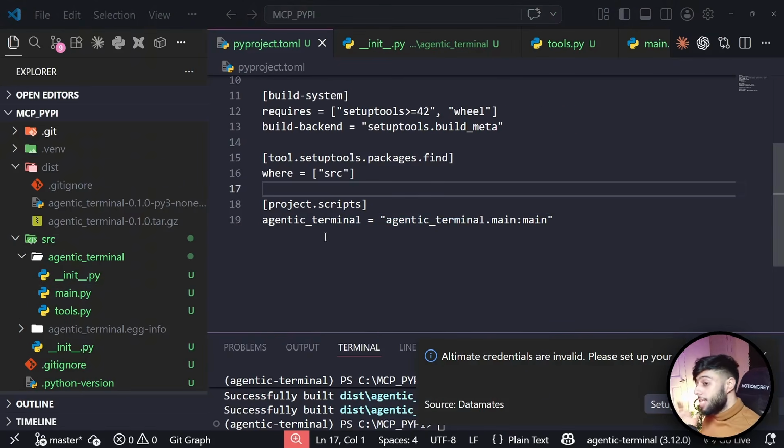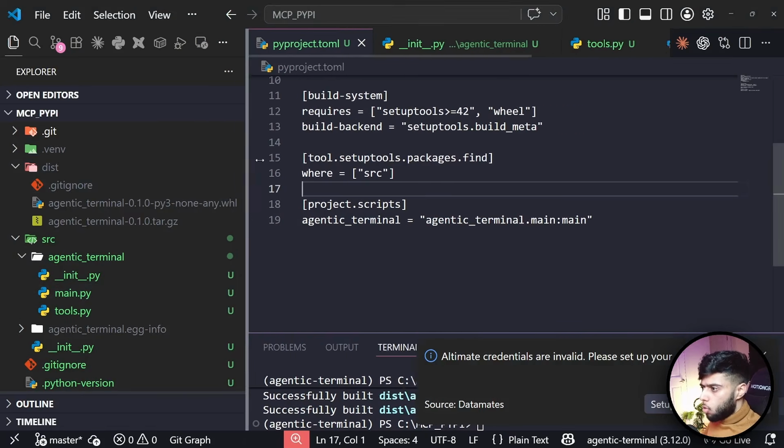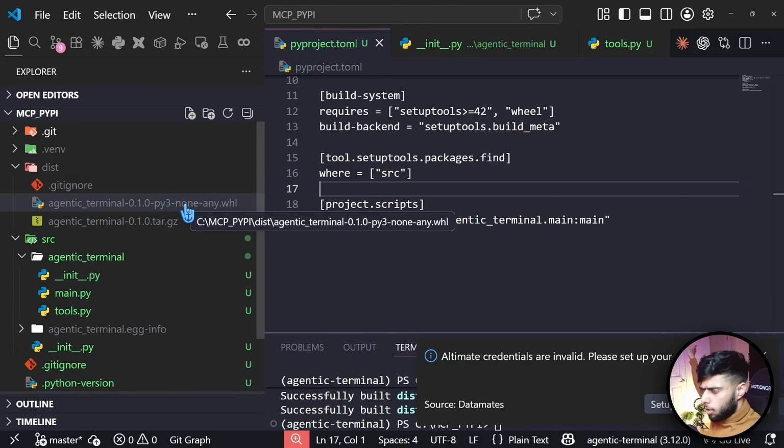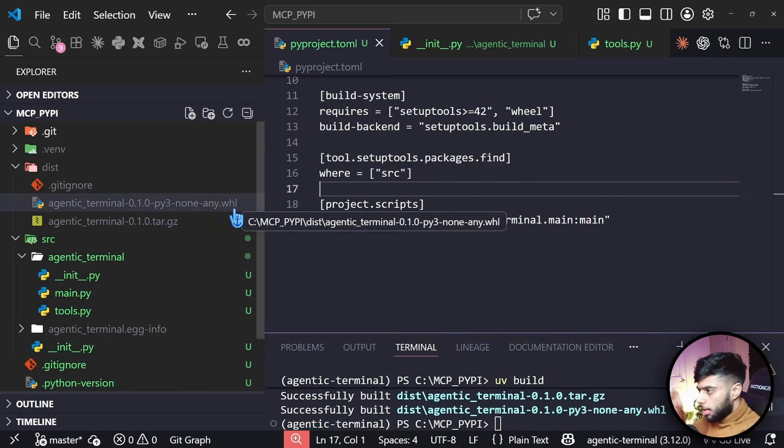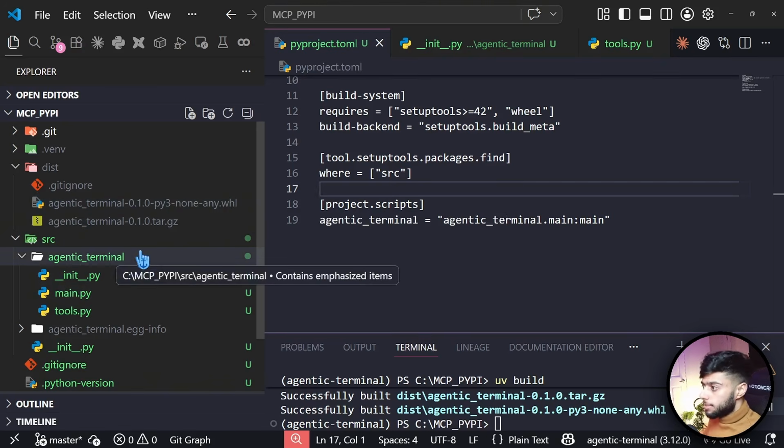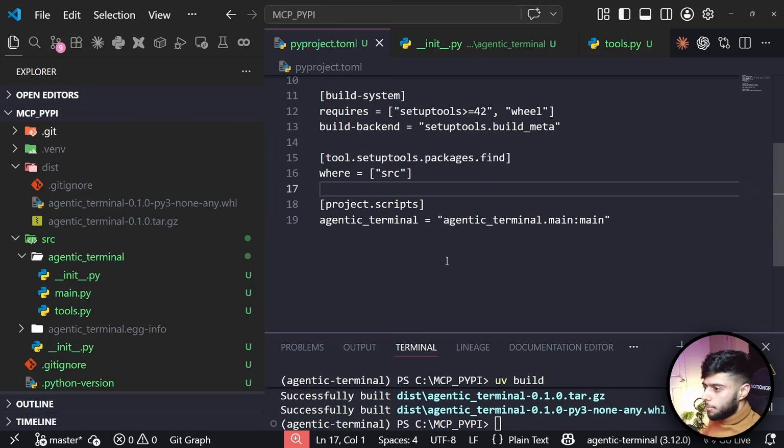And if you just want to check what you actually have, you can copy this .whl file into any other folder. Just rename this wheel, remove .whl and change it to .zip, so none-any.zip instead of none-any.whl. You will see a zip folder. Just double click on it. You will see this folder, agentic terminal, literally agentic terminal. And within that you will see only, let me just show you, let me open it on my PC. If I can just show you, wait,